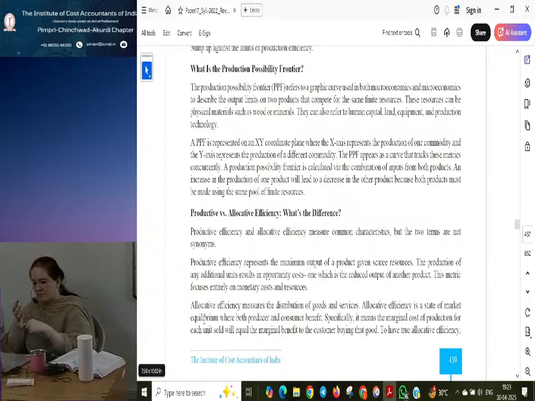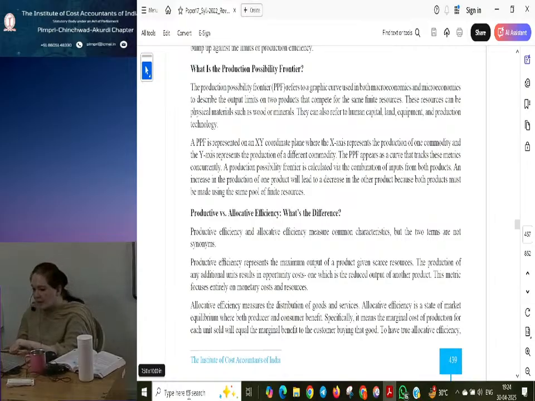of it. That is, from the producer's point of view, the marginal cost of production is what we are looking into, that is the variable cost of production. But when it comes to the consumer, he is able to get value for money, that is, he is paying a lesser price or an optimal price for the product. So in this situation, there is a win-win situation for both consumer as well as the producer. So that is what is called allocative efficiency. So it looks into the distribution of goods and services.